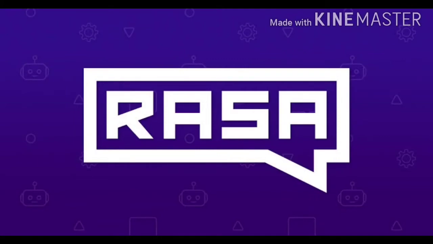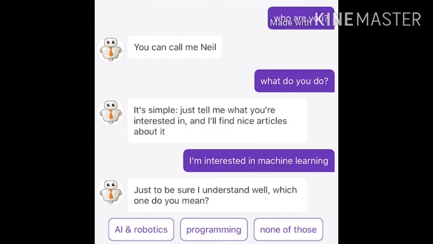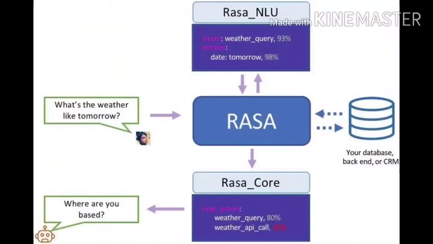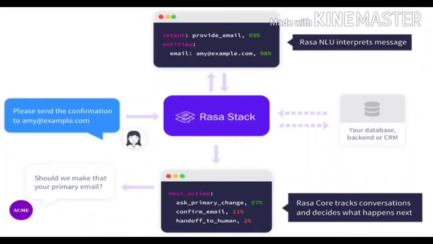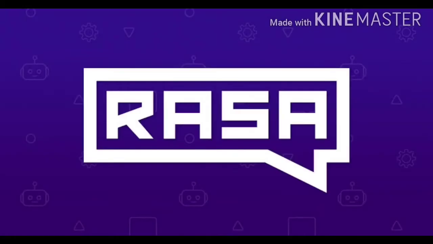Before going into that, I am going to tell you what Rasa is all about. Rasa is an open source machine learning framework, as I already told you, for building AI assistants and chatbots. Mostly you do not need any programming language experience to work in Rasa, although there is something called the Rasa Action Server, where you need to write code in Python, mainly used to trigger external actions like Google API or REST API. Rasa has two important main modules. Rasa NLU is for understanding the user messages.